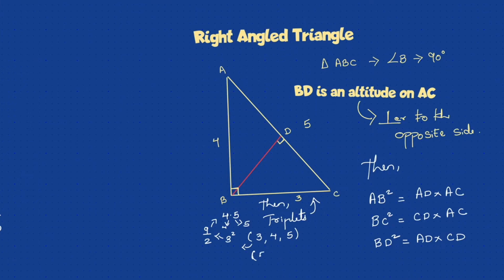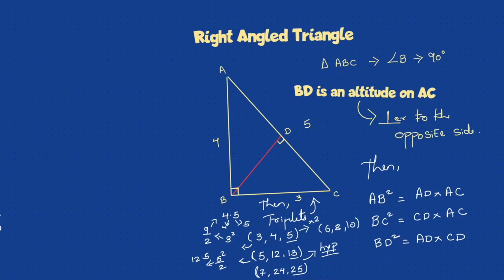Use the triplet concept. Similarly, let's take one more smallest odd number, say 5. 5 square is 25. 25 divided by 2 is 12.5. Lesser integer 12, greater integer 13. So 5, 12, 13 are your Pythagoras triplet. One more odd integer, you always start with the smallest odd integer. 7 square is 49. 49 divided by 2 is 24.5. 24 and 25. The largest side, 5, 13, 25, will always obviously be your hypotenuse.